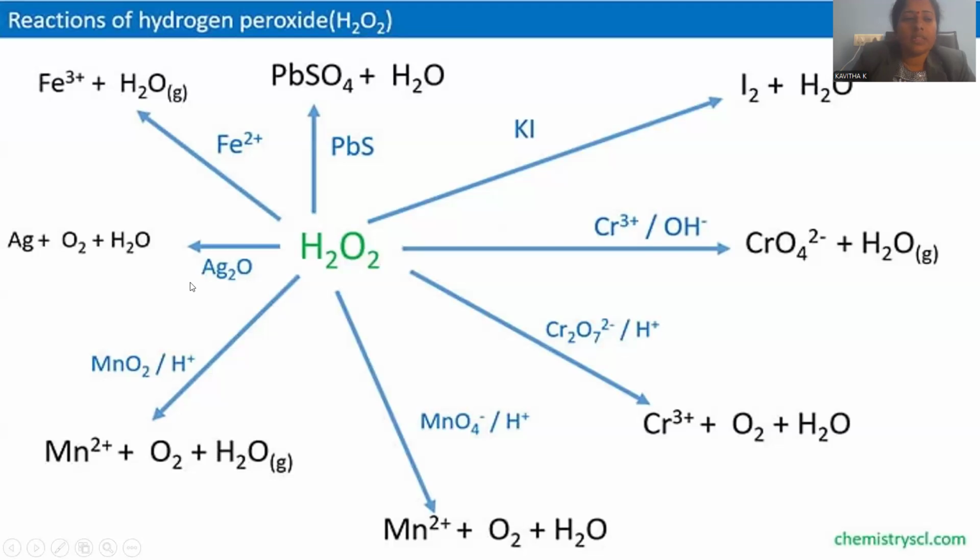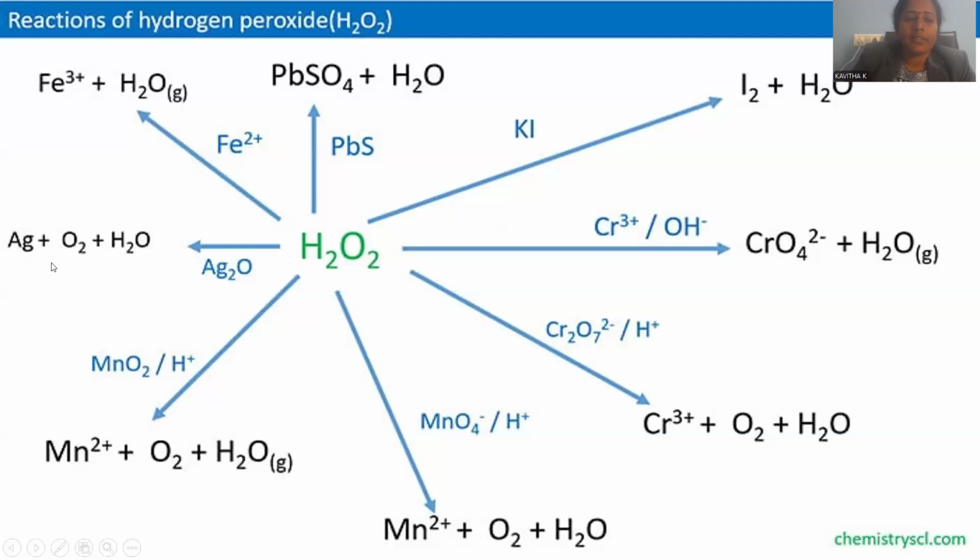Then let's go with another. Let me check whether it is oxidation or reduction. Silver oxide. This is the reaction with hydrogen peroxide giving rise to silver, oxygen, and water. Oxygen is liberated. Simply, we can observe within the reaction that wherever oxygen is liberated it is part of reduction only. Oxygen consumed, oxidation. Oxygen released, reduction. Right. Let me check the oxidation number first. Later we can conclude whether it is oxidation or reduction. Right. Silver oxide, where each silver has plus 1 oxidation number, monovalent in nature.